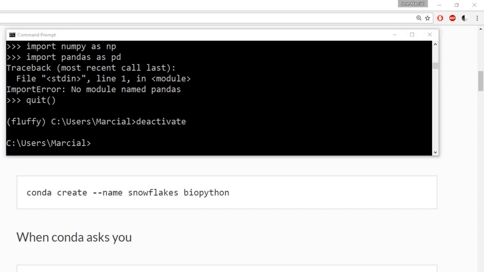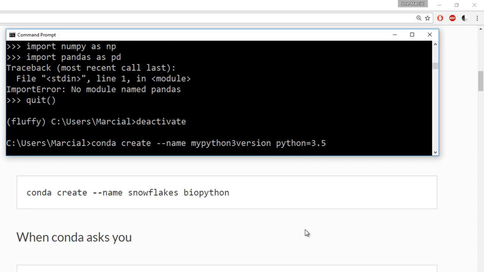Now another active use case for virtual environments is to create an environment that uses a different version of Python. You can do that simply by saying conda create. We'll go ahead and say --name. You can also just say -n, single -n, but we'll show the full thing, --name. Say the name of the virtual environment you want. We'll go ahead and call this virtual environment my Python 3 version, space, and then you say Python equals 3.5,